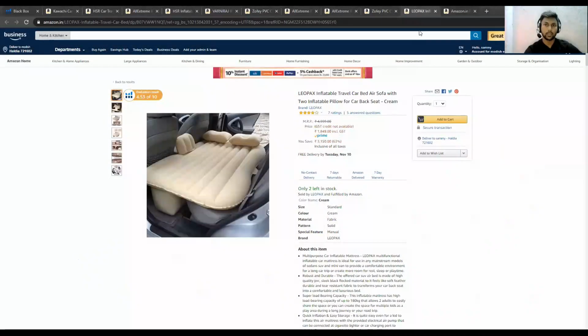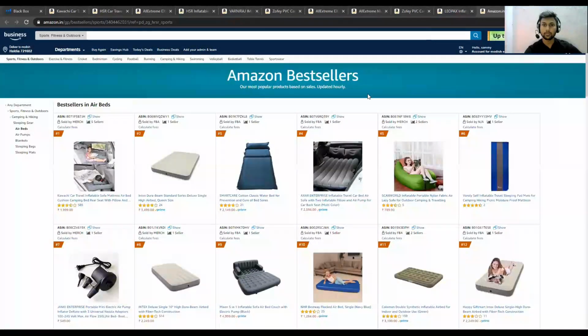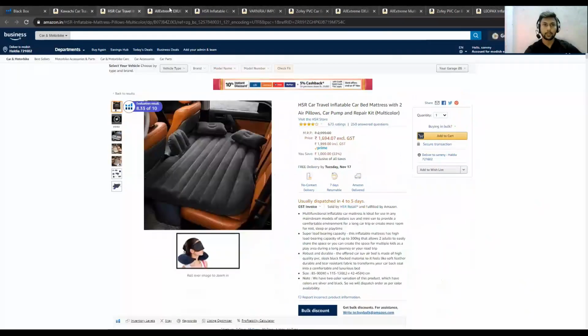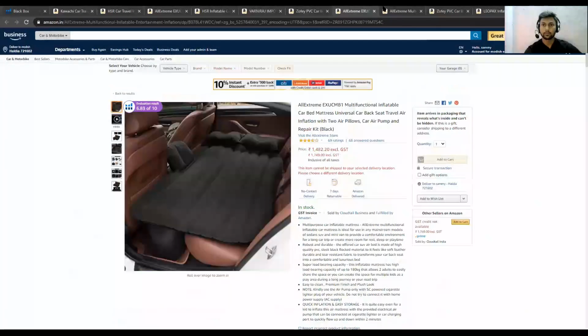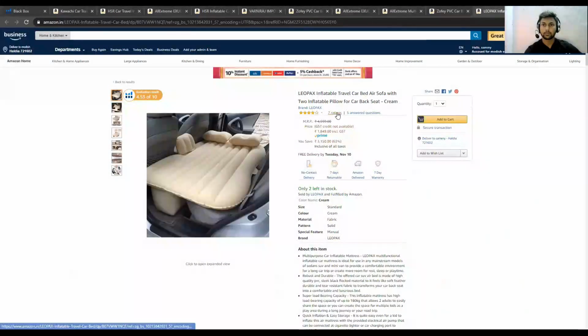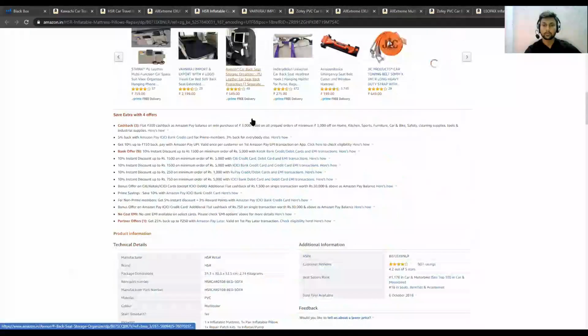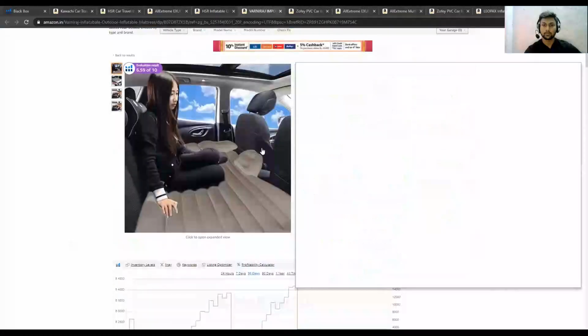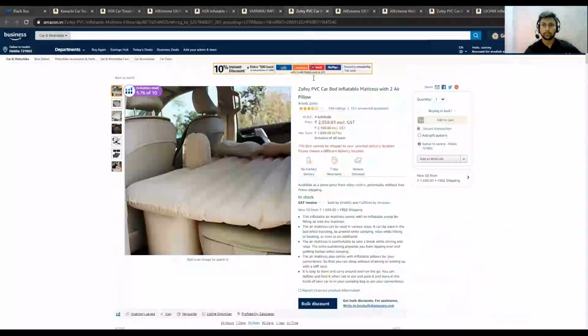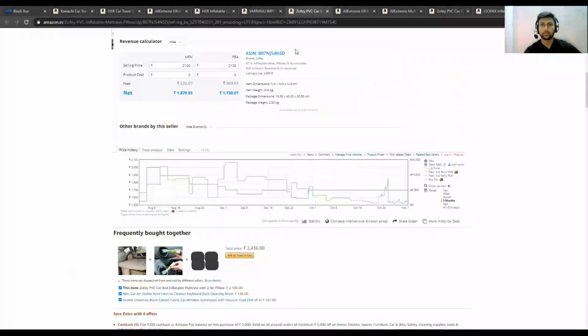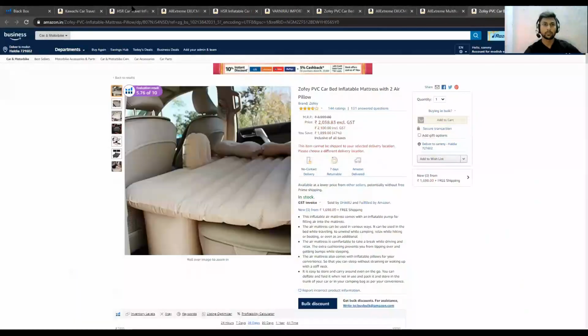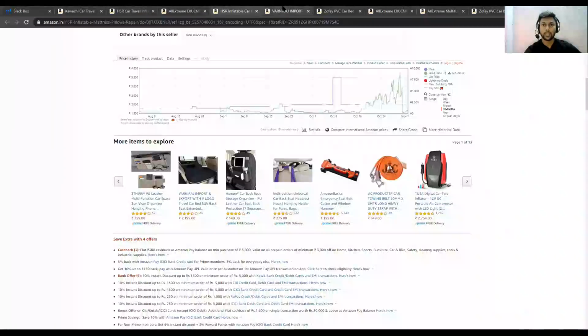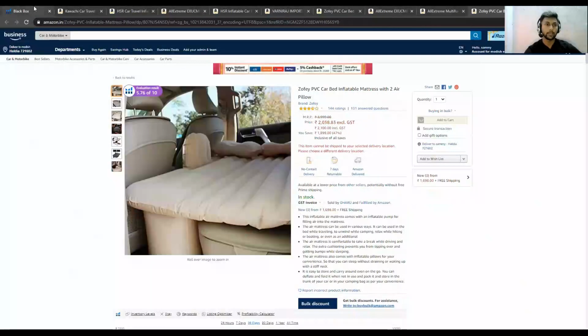Now I generally choose 8 to 9 products to have a good idea for your keywords. Now, since I got 8 to 9 competitors, now what we do is we go to Helium 10, and here we will use a